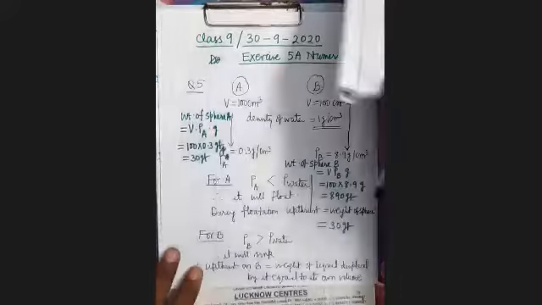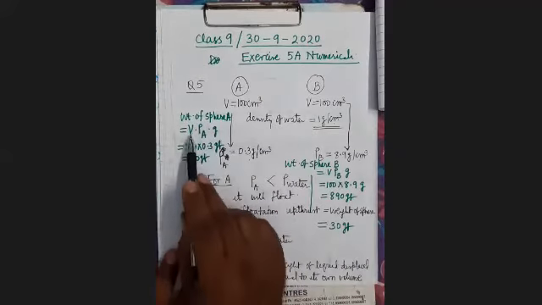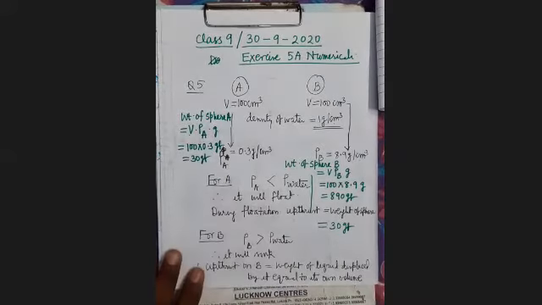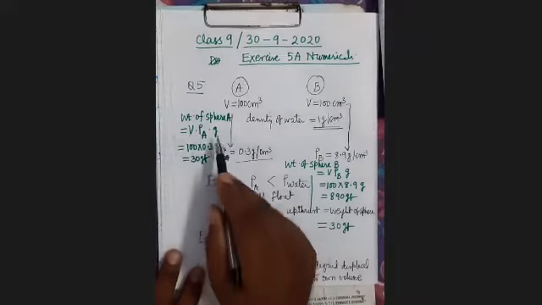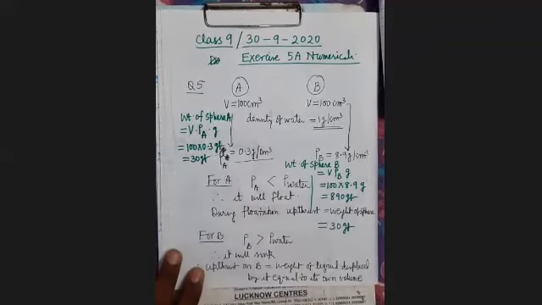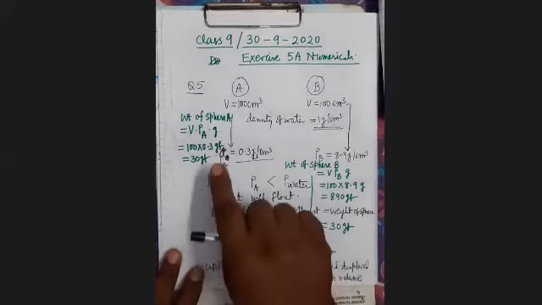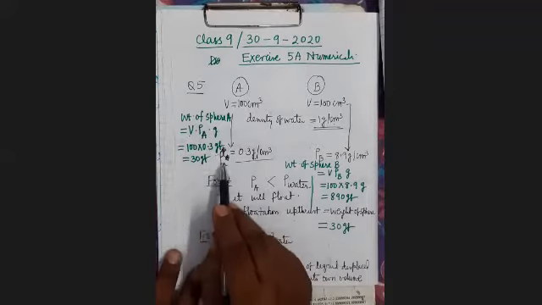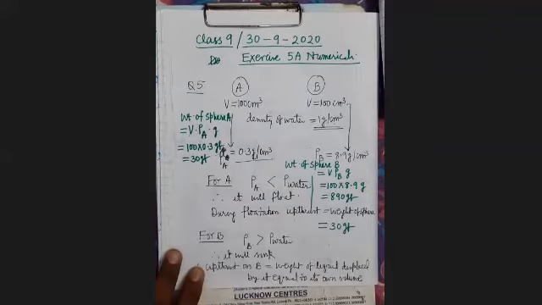So you can see here, weight of sphere A equals its volume multiplied by its density multiplied by G. What is the volume? 100 centimeter cube. What is density? 0.3 into G. When you remove G, the answer will come out in gram force. Why is it coming out in gram force? Why is it not coming out in kilogram force? Because the density is in gram. That's why the answer is coming in gram force. So 100 into 0.3, that is 30 gram force. This is the weight of sphere A.